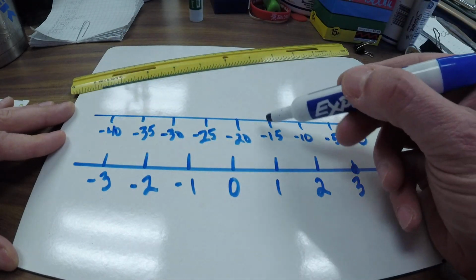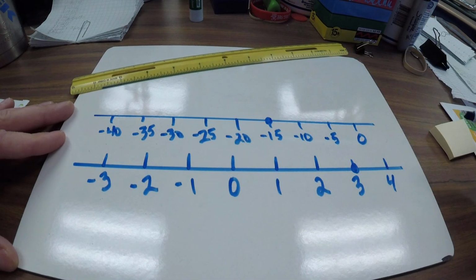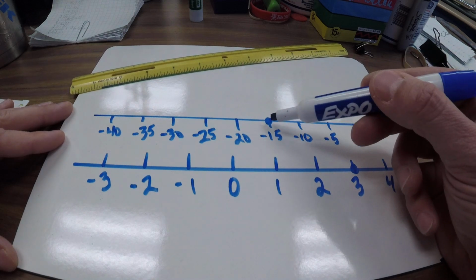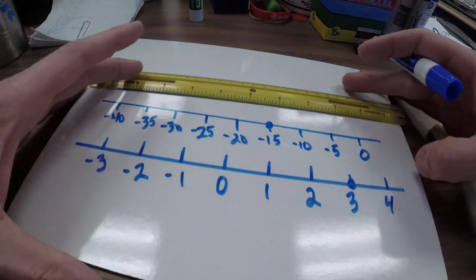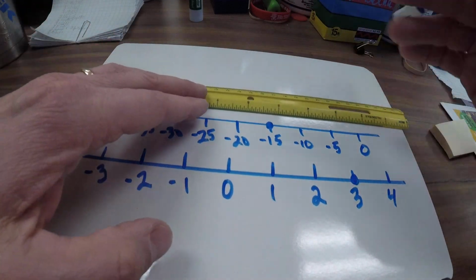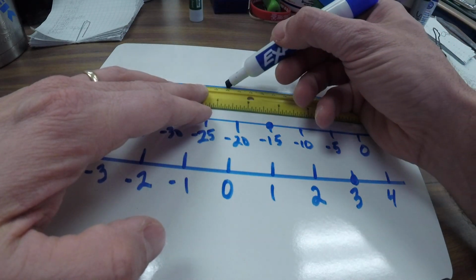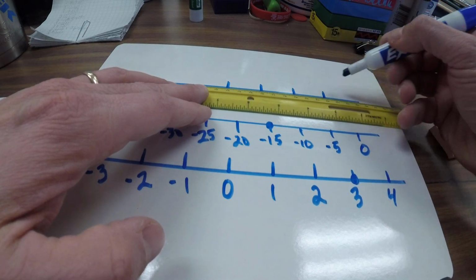I made my lines go below the number line this time. Still going to be the same thing. If we want to make the plotted point at -15, it's at the intersection of the tick mark and the number line. One last time. When we have to get multiple items plotted,